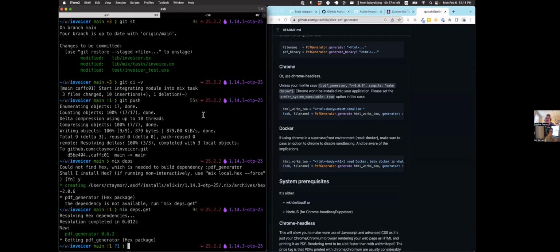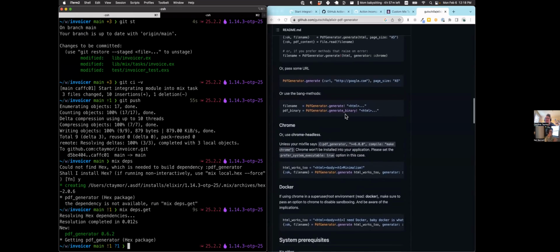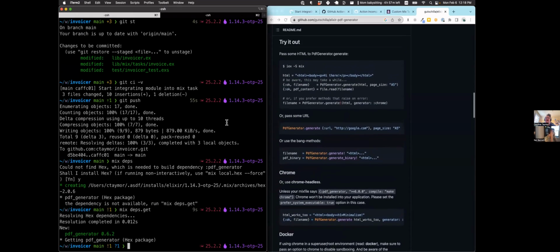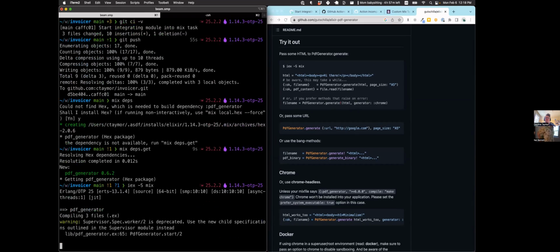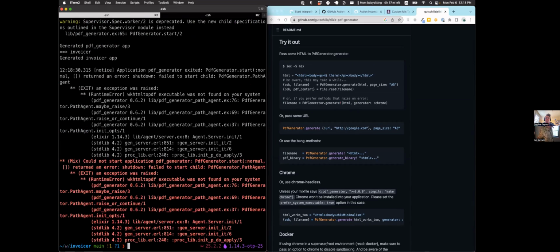Yeah, okay. Let's try this out in what was it? IEX. Yeah. IEX. What is this -S mix part? Yeah, so that's saying to run it in the environment defined by the mix file. I forget exactly what -S does, but it basically means okay. Oh, sure. We need to now install what can, yeah,